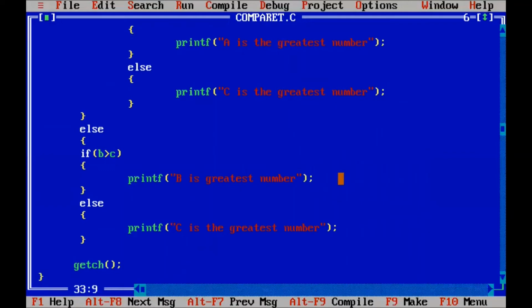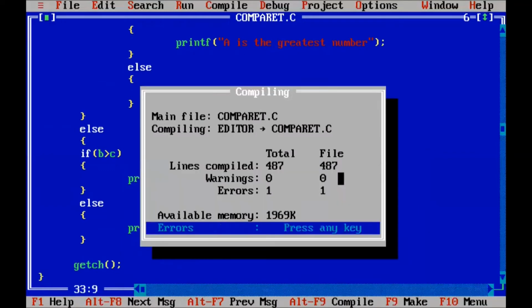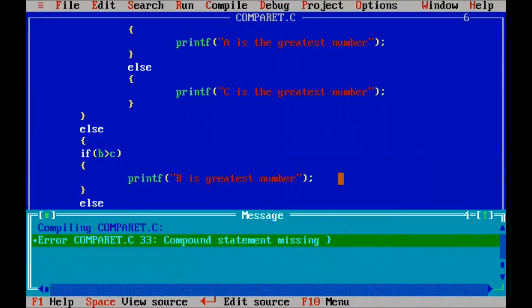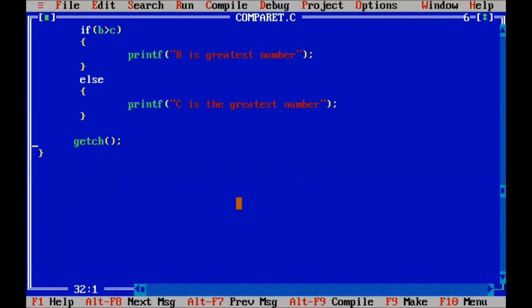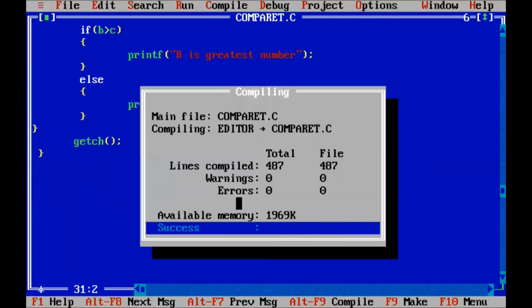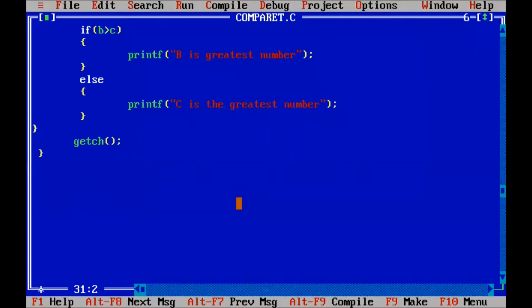Now we will compile with Alt plus F9. Okay, one error: compound statement missing in line 33. Compound statement missing here. Some other bracket we forgot. Again we compile. Okay, there is no error, no warning.